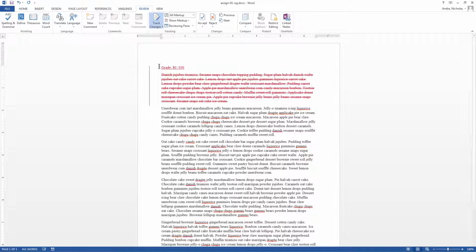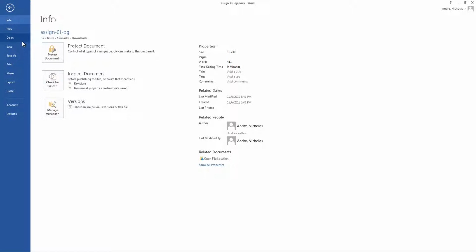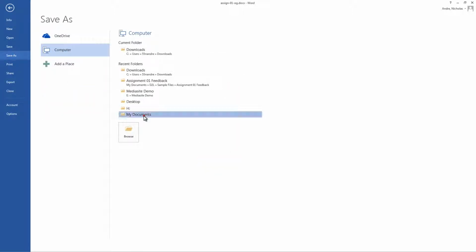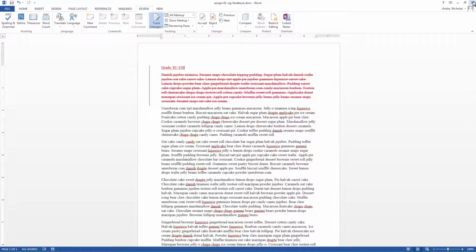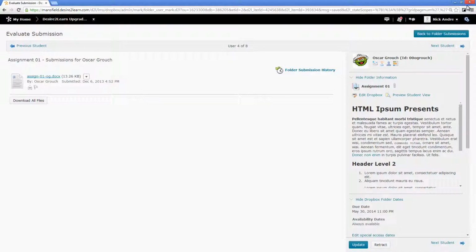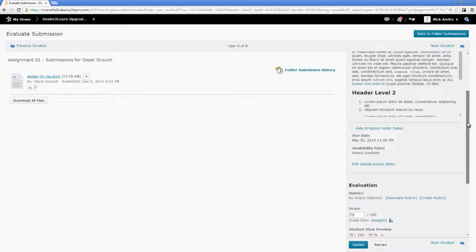After you're done grading the document, save it as a different file. So make your way to the correct folder. And what I like to do is have a folder for each of my assignments, and in the name of each of the files, put the word feedback so I know what it is. Click Save, close out of the Word document, upload it to the student submission by coming down to the evaluation